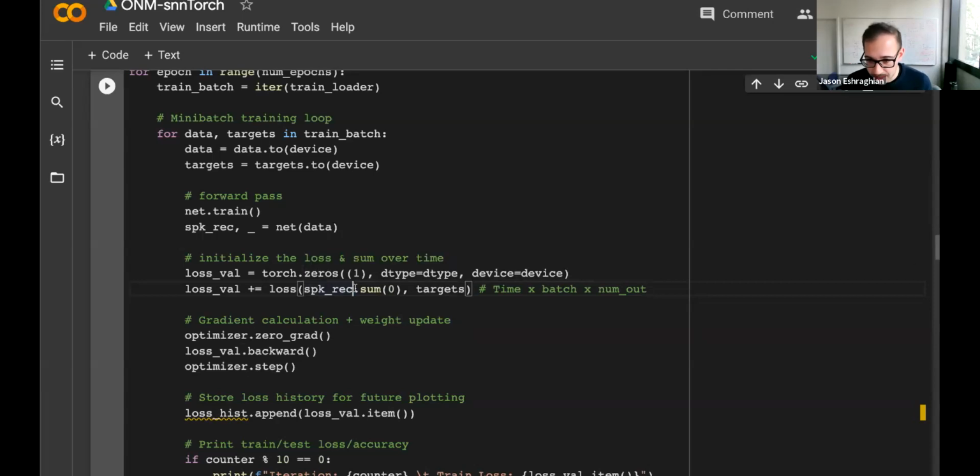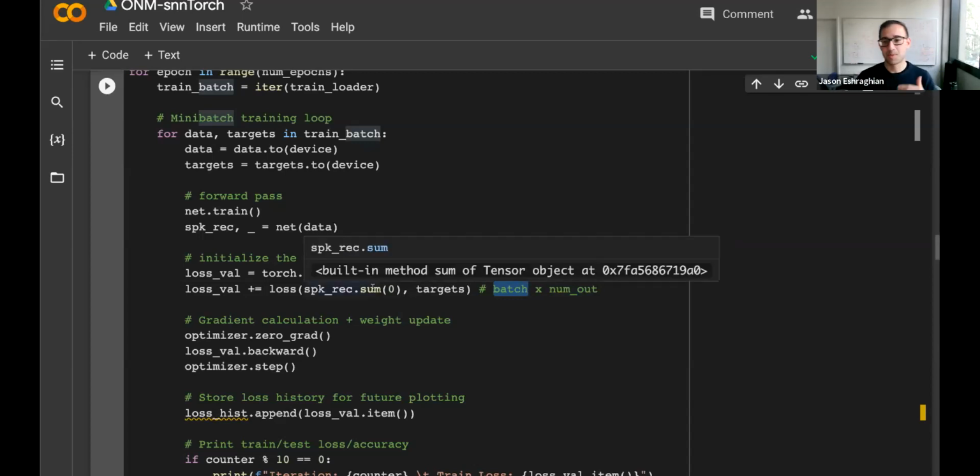Now, what I'm doing here is summing in the 0th dimension. So I sum up, so I have this tensor of time, I'm smushing it together. Everywhere there is a 1, it just kind of accumulates in a counter-esque kind of way. So I get rid of the time dimension. What does my spike recording now say? When I've summed up in the time dimension, I now have a tensor that tells me the spike count. So previously it was 0s and 1s. When I sum them all up over time, I now have the spike count of 10 neurons for 128 batches. So 1,280 neurons. I have the spike count for each of those 1,280 neurons.